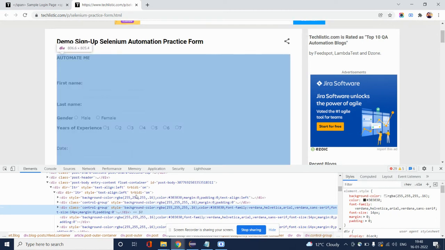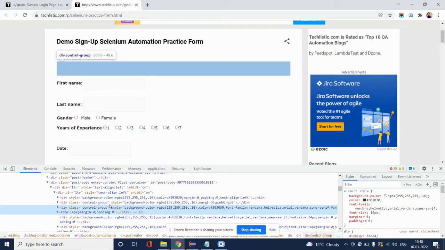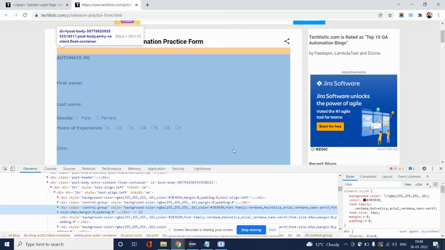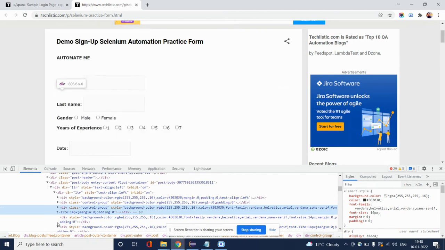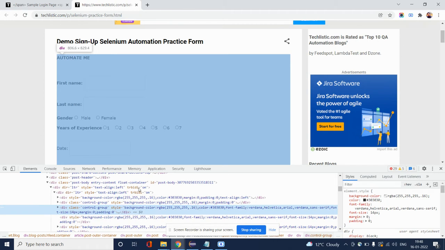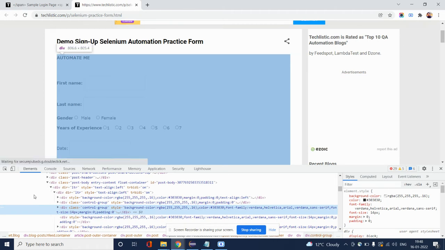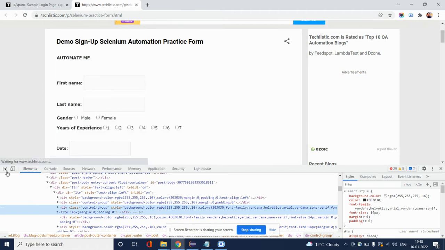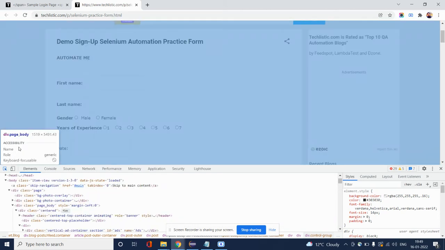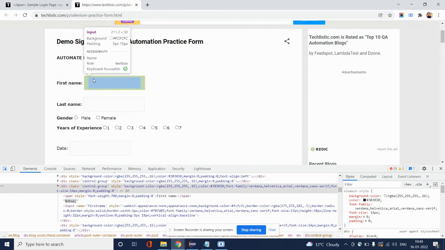This console is basically displaying the HTML code of this web page, and using this HTML code we will be finding the different locator IDs. Okay, so first of all, click on this cursor